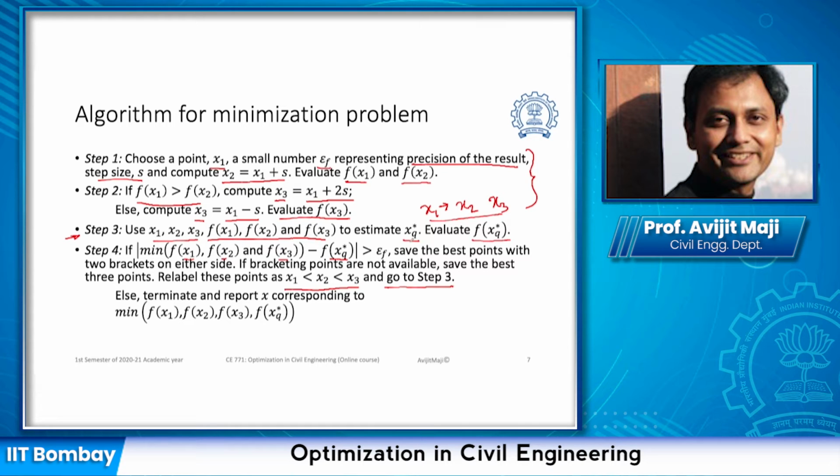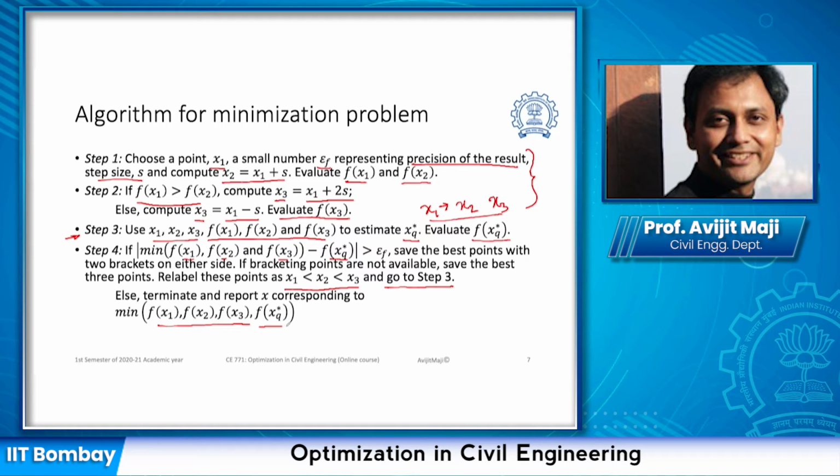and we are again going to recalculate the optimum point based on a quadratic function, and the process goes on until the difference between the best objective function of the 3 available points and the new point is less than or equal to the precision we want to achieve. Once we get to that point, we terminate the process and report the x corresponding to the minimum function value among the 3 and the final point, which is a total of 4 points,